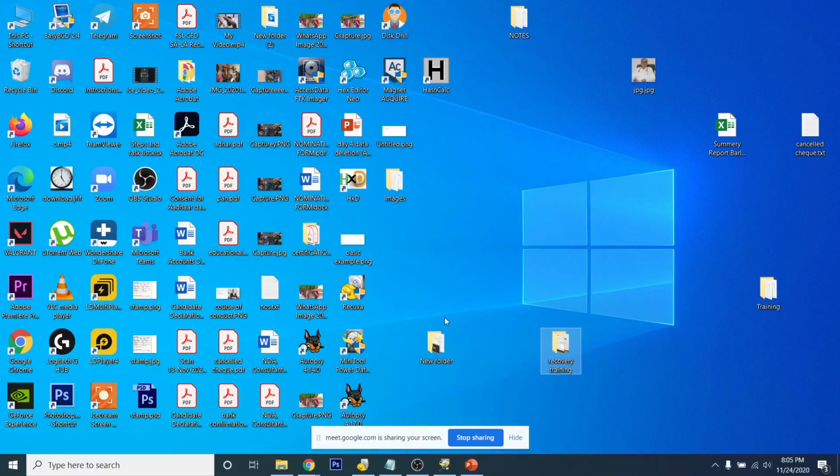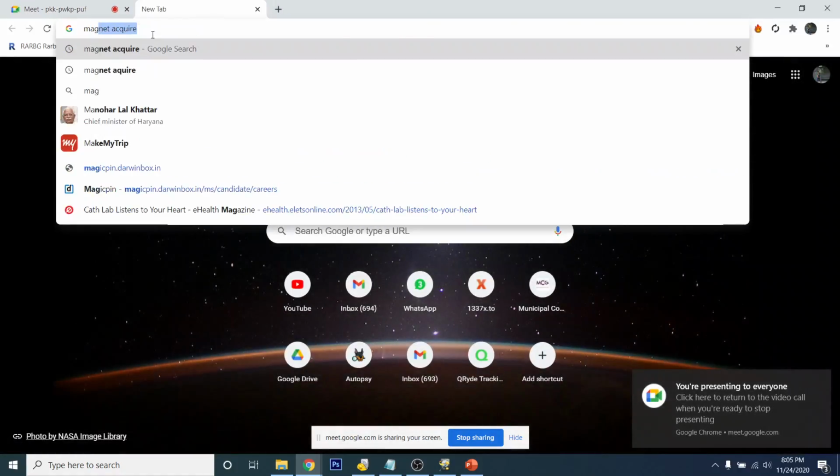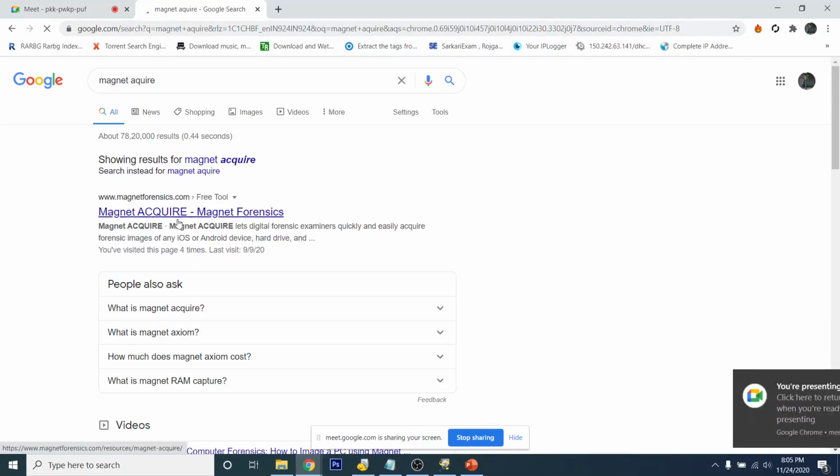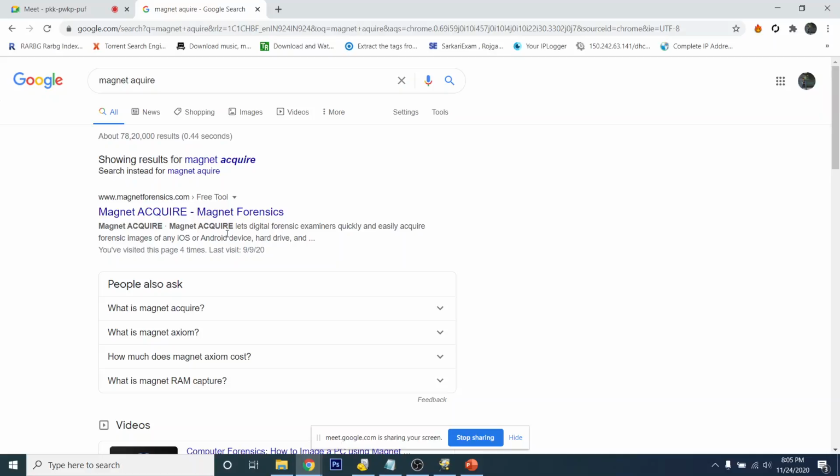Let's get started. So firstly, here is Magnet Acquire. You can download it from Google. The first thing it is showing us is Magnet Acquire from Magnet Forensics.